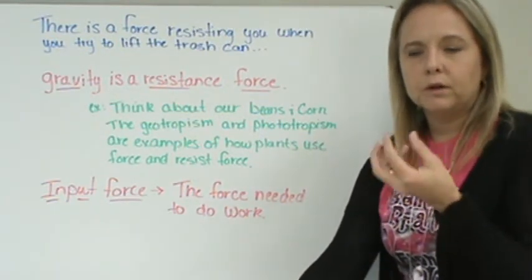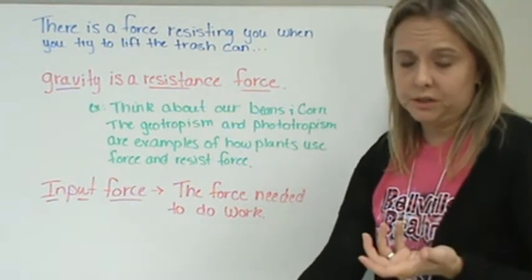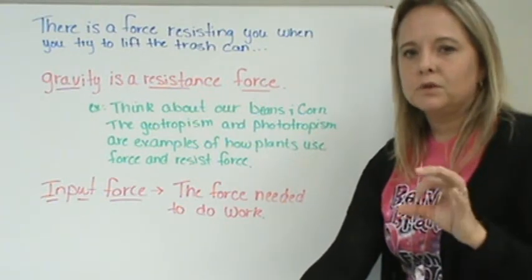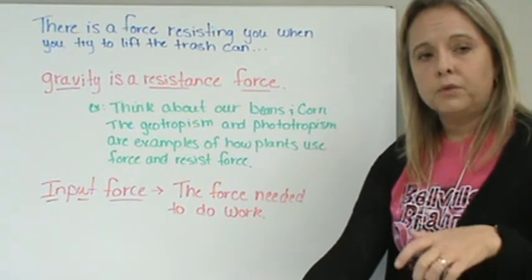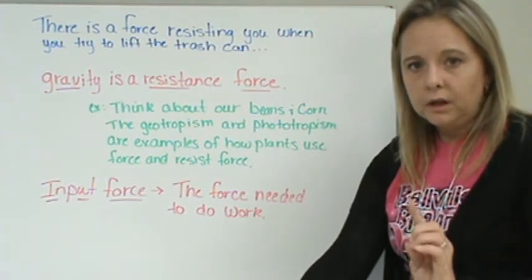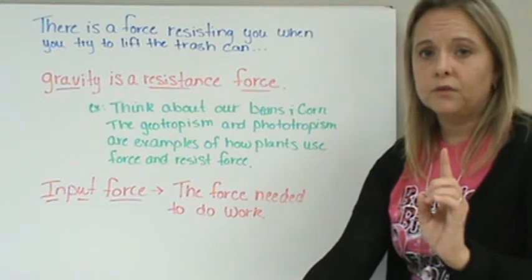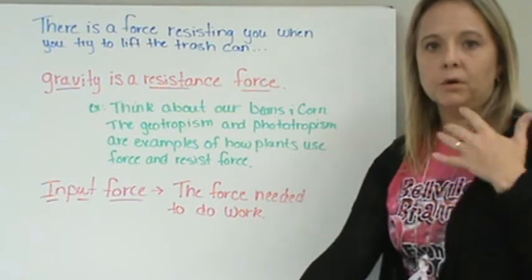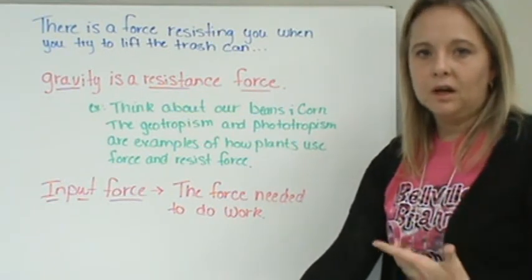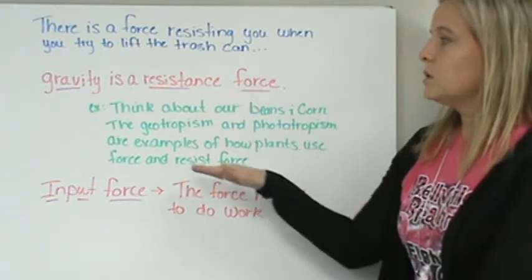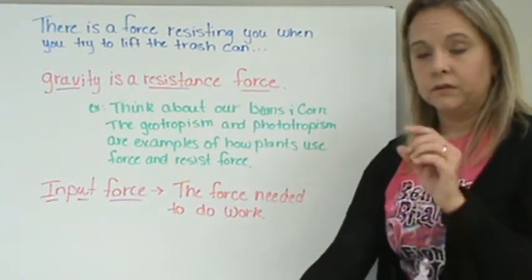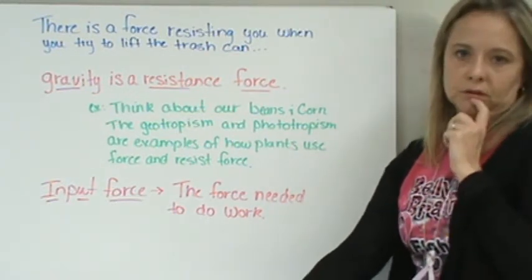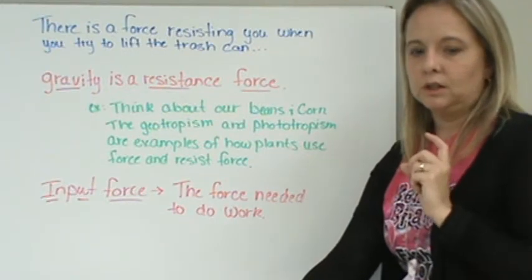They have to pull up against, grow against the resistance force of gravity towards the sun so they can carry out photosynthesis. We talked about how those beans don't necessarily need the sunlight right away. They're down in the soil. But those little embryonic leaves, as they're pushing up towards the sun, they have to have a great amount of force to travel that distance. They're doing work so that they can get out above the soil, start turning green, carrying out that photosynthesis. So those are just some examples of forces in living systems that we've seen in just a few short days in our classroom. I know that's a question on your 7-question sheet, so make sure you push pause and get